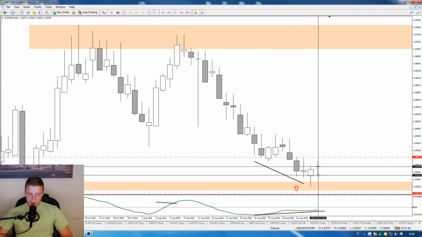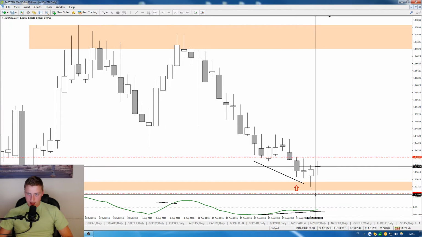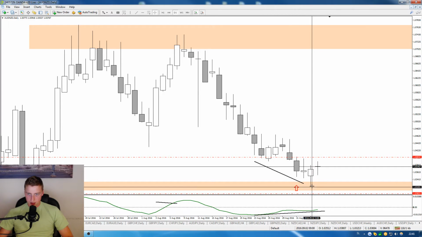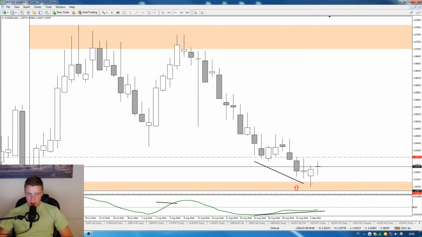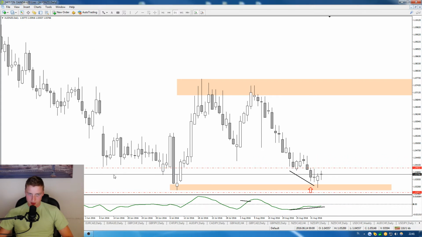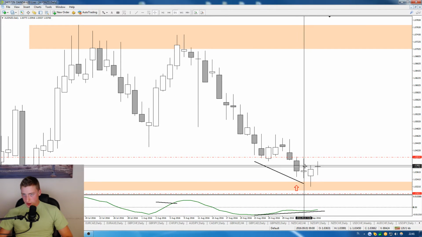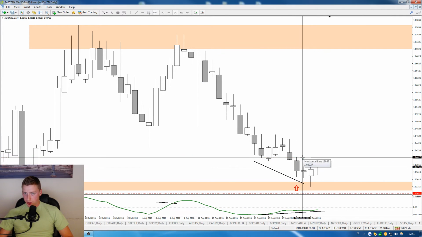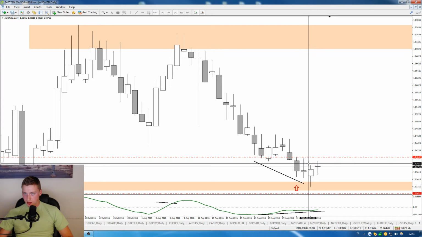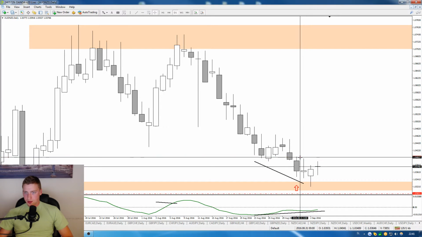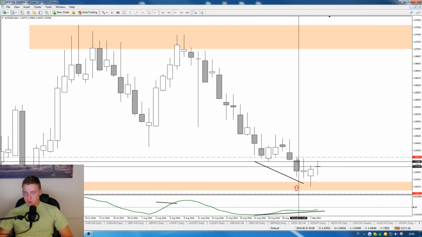But why have I set my order up here and stop loss below here? Stop loss, firstly, is not just below this low, but is actually below this low. I believe you have a picture of me. I have set my stop loss below this low by 10 pips. Why I have set the buy limit above this candle and not above this candle is because I understand